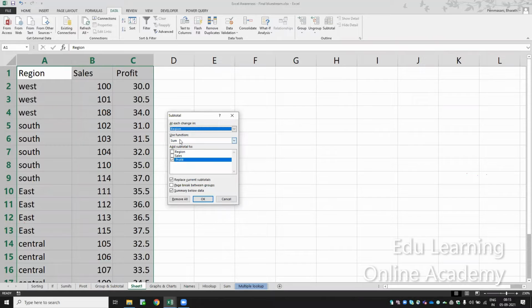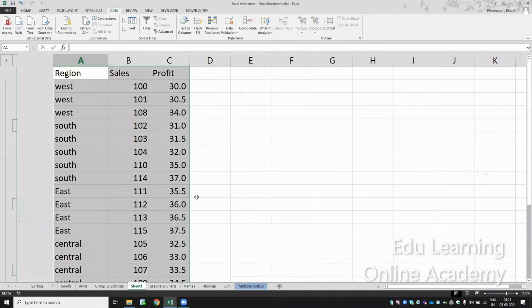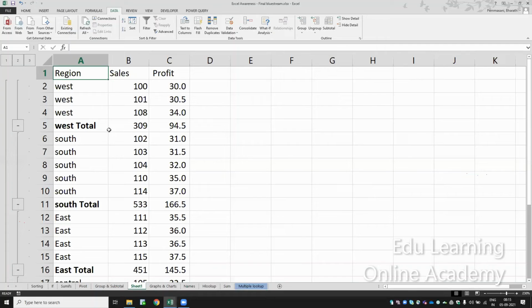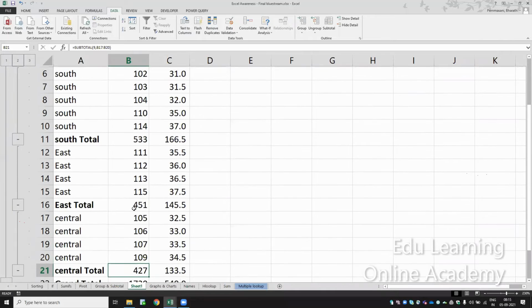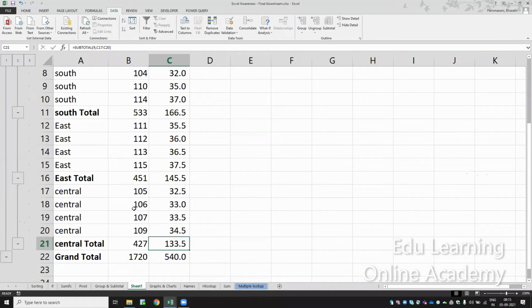Which function do I apply? The sum function for profit and sales. It will automatically write West and the total, South and the total, East and the total, Central and the total. And this is the grand total.